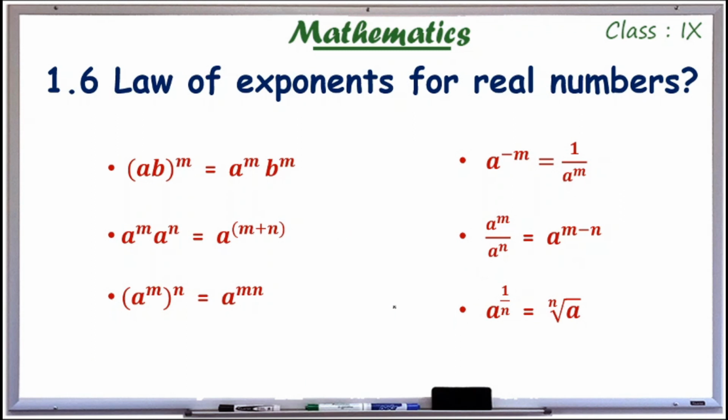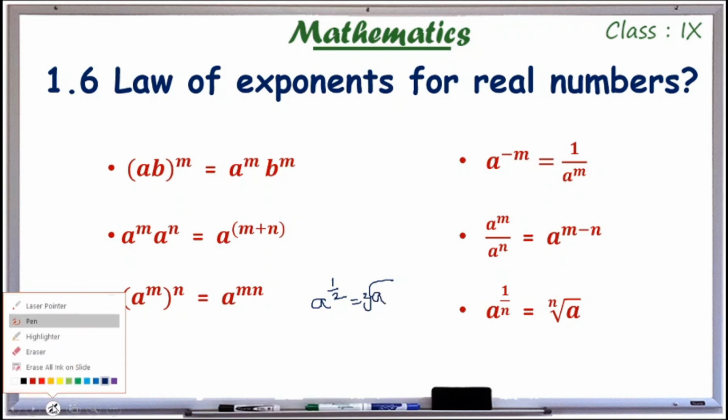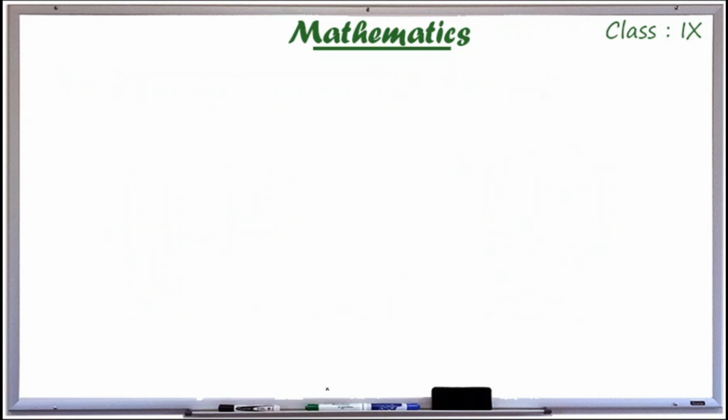Also the important one, a raised to 1 by n is equal to nth root of a. For example, a raised to 1 by 2 means root a, 2nd root of a. I will explain it in detail. A raised to 1 by n is equal to nth root of a. So nth root of a means, for example,